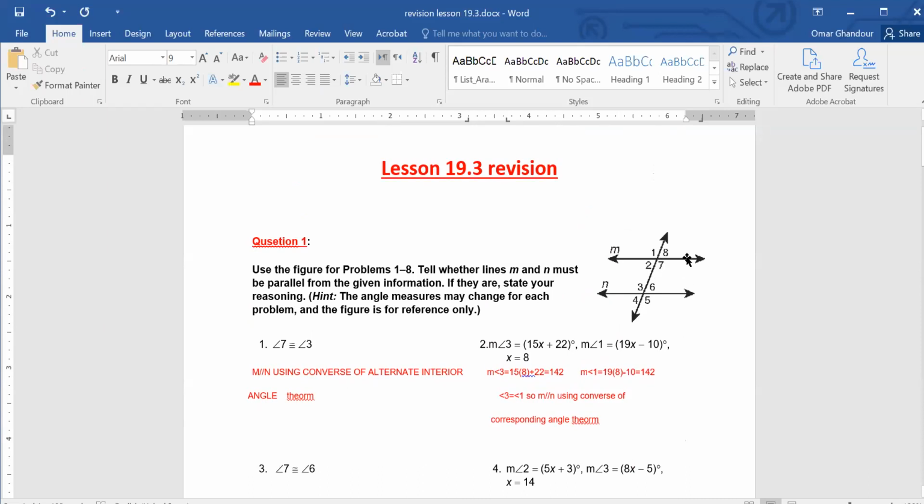They form the letter F. It's very obvious F here. Since they are congruent, those are congruent corresponding angles. So of course the lines are going to be parallel. So this is what you are going to be